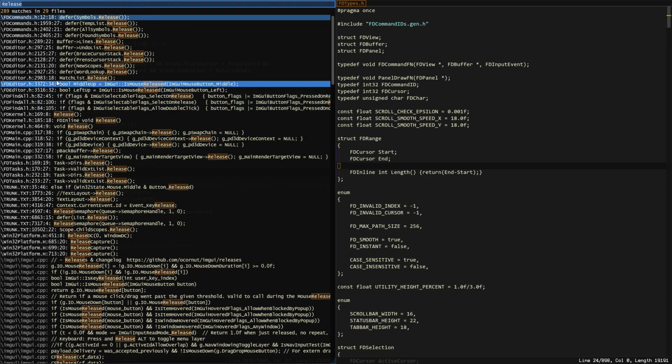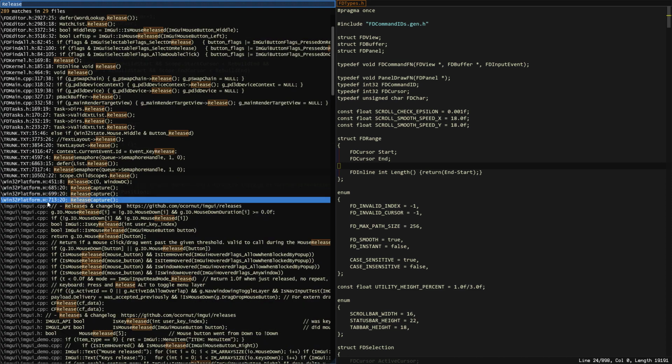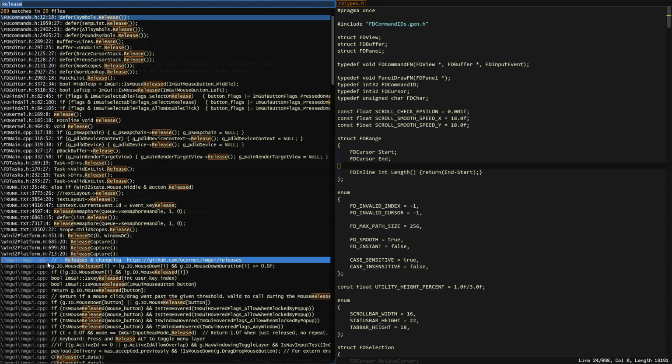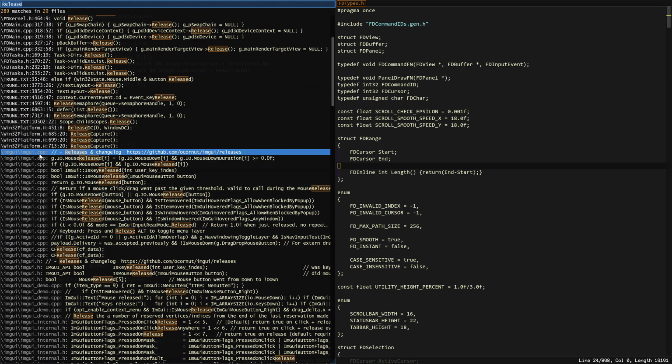And you can see here, these guys show you the line number and column number information, but these guys don't. Right now, I only do this for files that have already been loaded as buffers. So these guys have already been loaded here, but these guys are still on disk. So when I open it